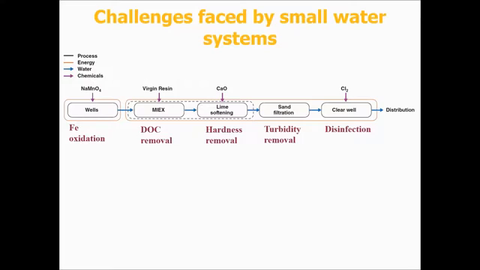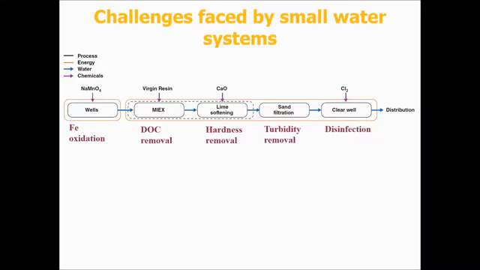Their water source is a shallow groundwater, and it has high levels of dissolved organic carbon, high hardness, and variable amounts of iron. And so they start with oxidation at the wellhead. That's followed by the MIEX process, magnetic ion exchange, which is an anion exchange process used to remove DOC, dissolved organic carbon, followed by lime softening, sand filtration, and chlorine disinfection. And so in visiting this plant and talking to the operators,